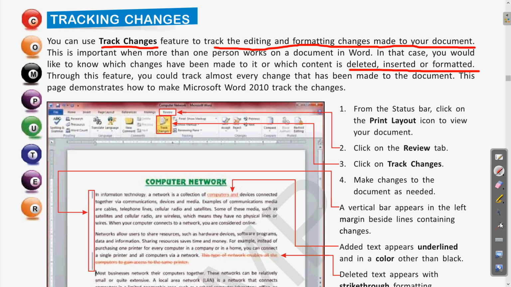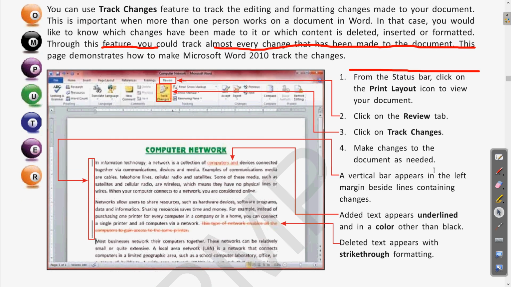Through this feature, you can track almost every change that has been made to the document. This page demonstrates how to make Microsoft Word 2010 track the changes. Clear? So here we will see the different steps, how to enable this feature and how to use it. Okay, so the first step is, let us erase this first.